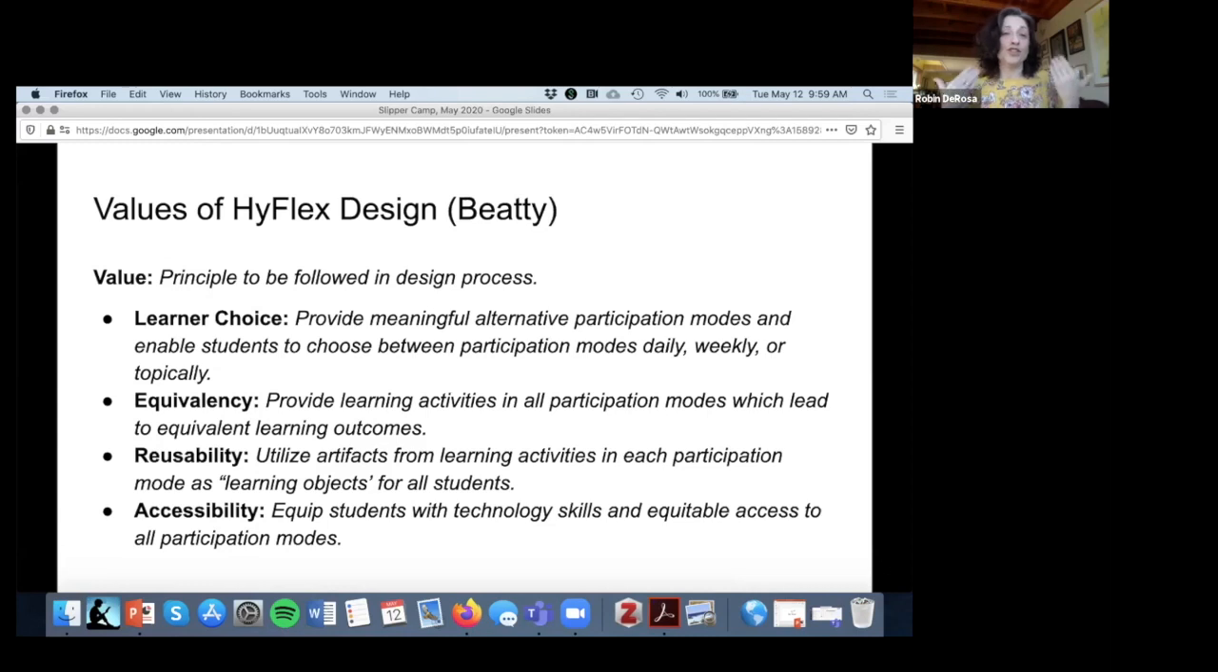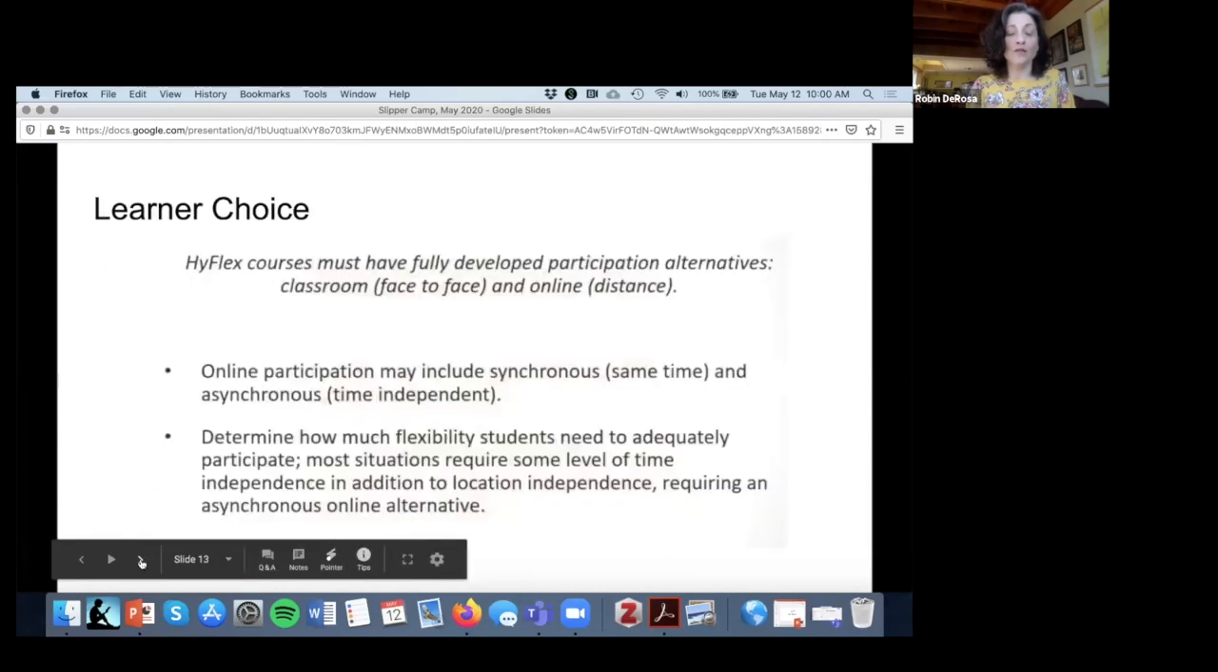So if this student is going to be watching a recording later, do they need captions? What kinds of things do I have to be doing to make sure that I'm accommodating my students across every modality, not just one anymore? So those are the values of HyFlex, and there are some slides here that you can review more on your own